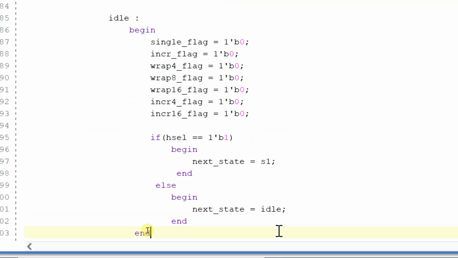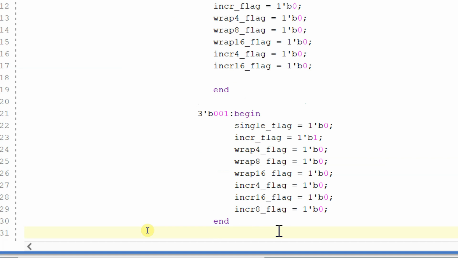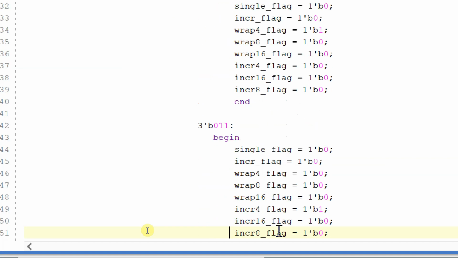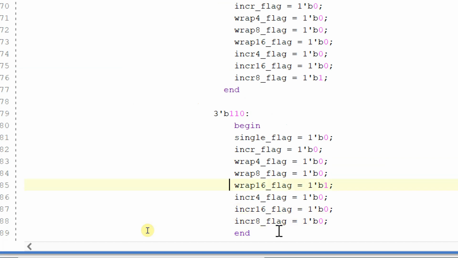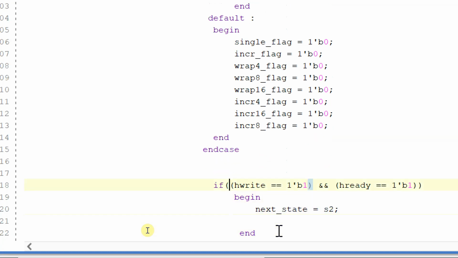So this is the idle case scenario, and in case of S1 state we are considering the case of h_burst signal. We have already discussed this part, and according to the h_burst we are selecting the flag which we want to make equal to 1. So in case of S1 state we are making it, and this is a default case, and for going from S1 to further states we are writing the logic here. If h_write signal is equal to 1 and h_ready is also equal to 1 then we are going to S2 state,